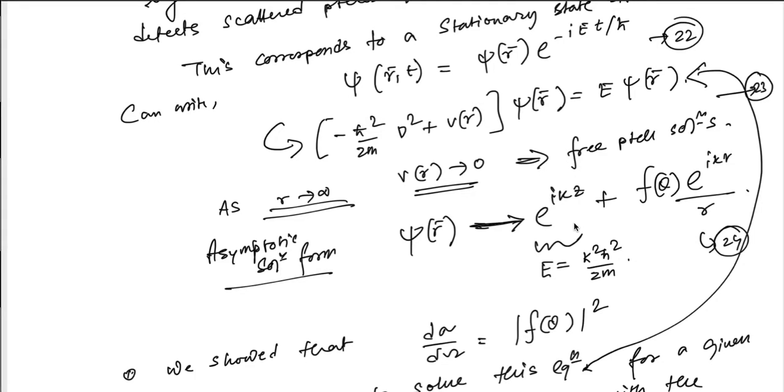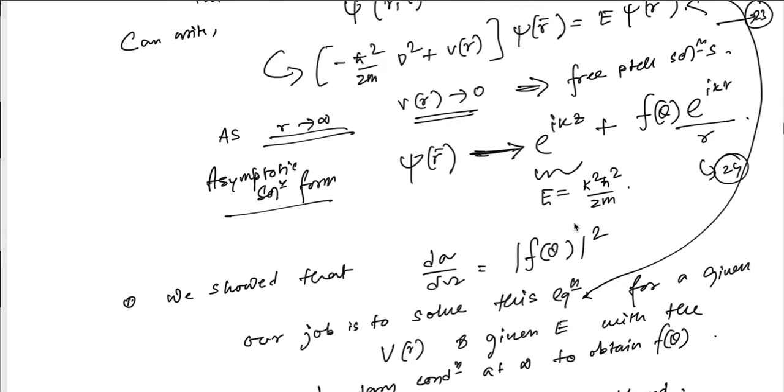Now note that we made several approximations. We said that as r goes to infinity, V(r) goes to 0 at a faster rate than 1/r, and that means the particle is effectively free at infinity. If that is true and the detector is also located very far away, we argued that the asymptotic solution will be e to the power ikz for the incoming part plus the spherical wave e to the power ikr by r with the amplitude f(theta), which is the one we are going to calculate. It is angle dependent and does not depend on phi because of the symmetry of the problem. And we showed that the cross section, as we defined earlier, can be related to the square of f(theta).